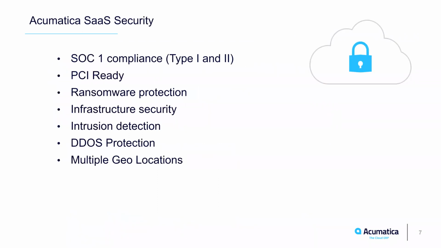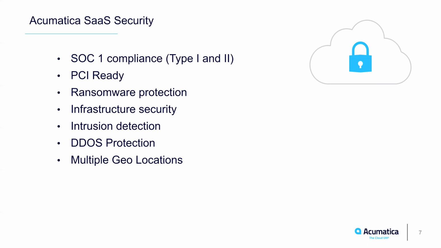If you choose to go with Acumatica SaaS infrastructure, we are SOC 1 compliant, both Type 1 and Type 2. These are basically security standards and service operation compliance standards that are used by publicly traded companies. So chances are, if you go with our SaaS environment, we're going to be at much, much higher secured standards than typically customers can deploy on their own. We are audited by top tier providers regularly. So we use Moss Adams as our security audit firm, and they do the SOC 1 compliance. And the SOC 1 compliance reports are available to our customers. They just need to sign an NDA, and we can get them a copy of the SOC 1 reports, and